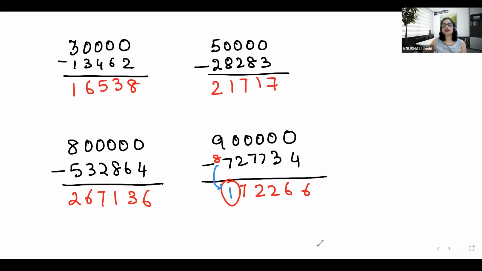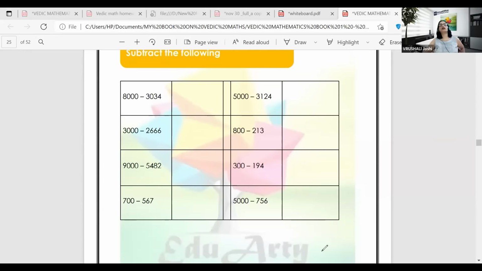I'm going to share the screen right now from the textbook that you have. Yes, Priyanshi, welcome. We had a small run up with the sums. Okay, I'm sharing the screen right now where we have the sums in your textbook. If you do not have the textbook, you can refer to the screen. If you have the textbook, you can refer to your textbook. If you have taken a printout, you can do the sums directly there.